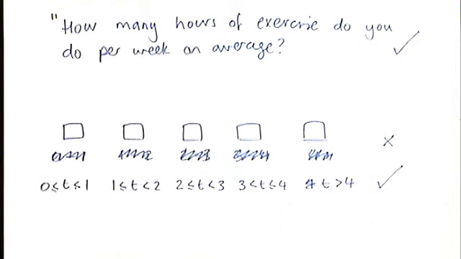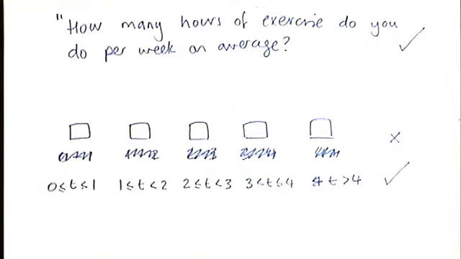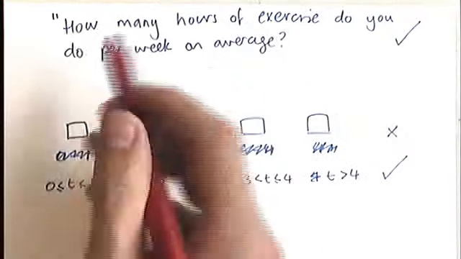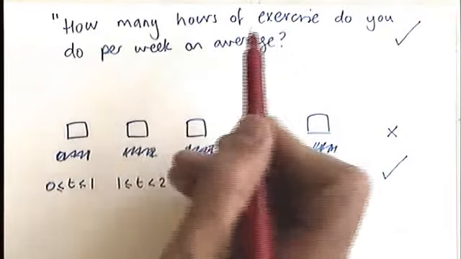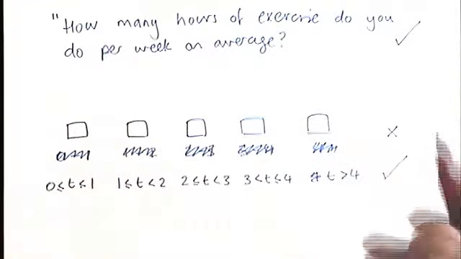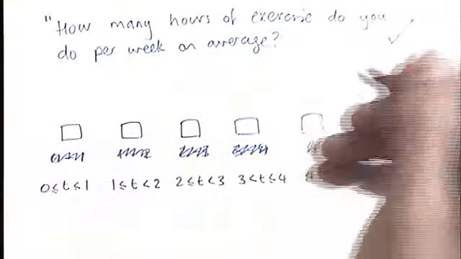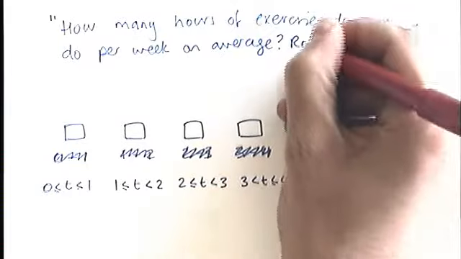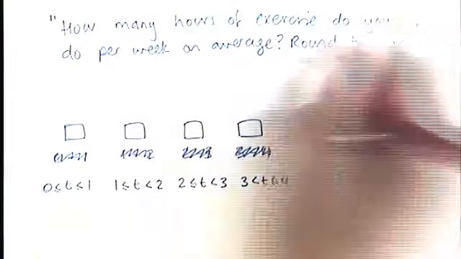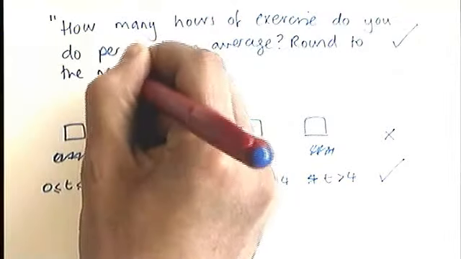The trouble is that people really seem to find the inequalities quite tricky to remember how to do. They're not quite sure how they work. They're not quite sure which way around to do them. So I'm just going to show you a quick way that you can modify your question to make this a lot easier to do. If you go back to your question, how many hours of exercise do you do per week on average? If you then tell the person to round to the nearest hour,